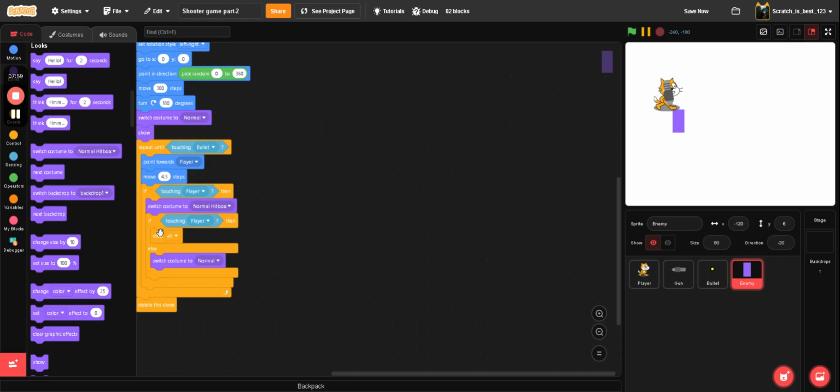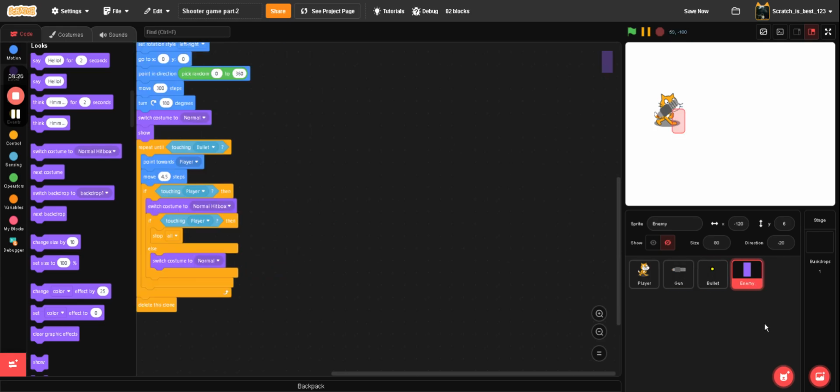So if it's in the hitbox, stop all, or else it's going to switch costume back to normal. You're going to have a slight flicker, but it's so quick that the human eye can't notice it. It's a pretty neat trick. So that makes this game a bit easier, but oh, looks like I touched its belly. Anyways,